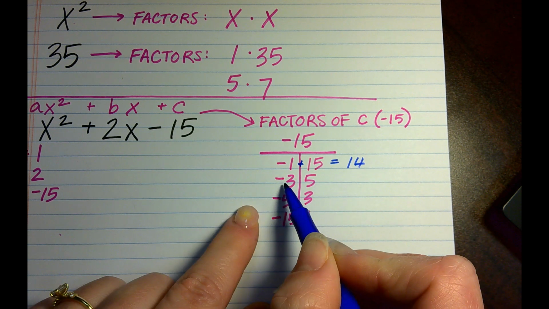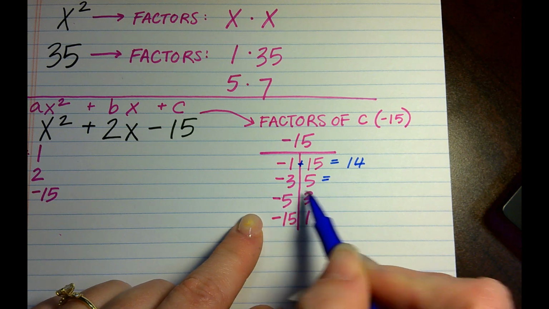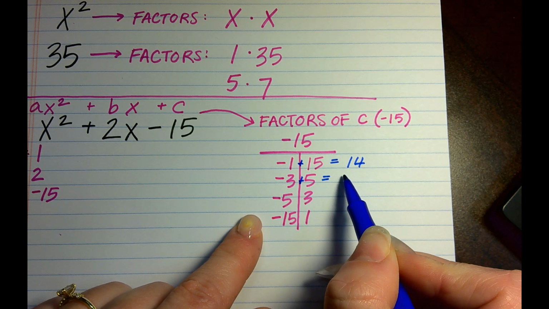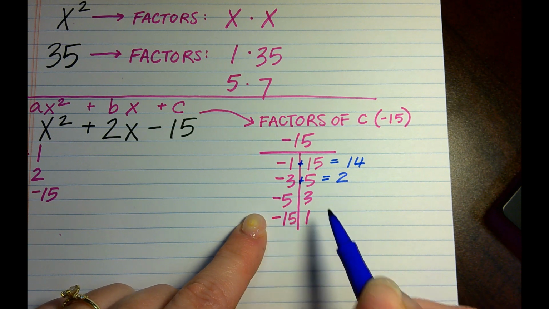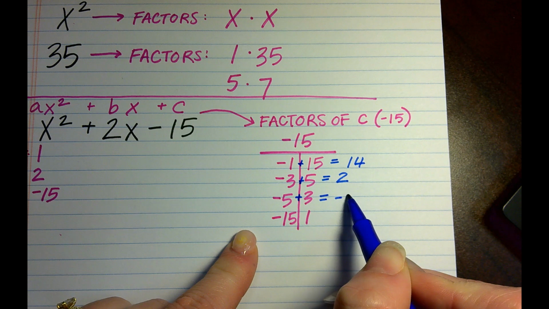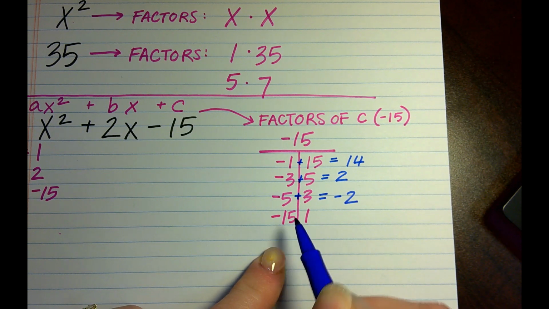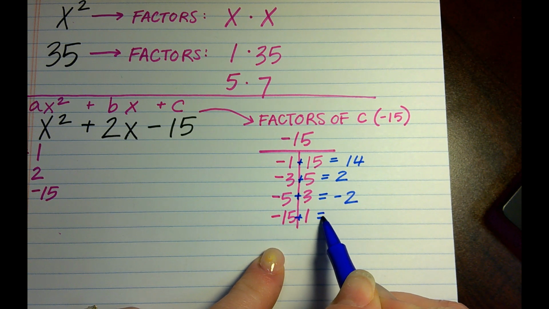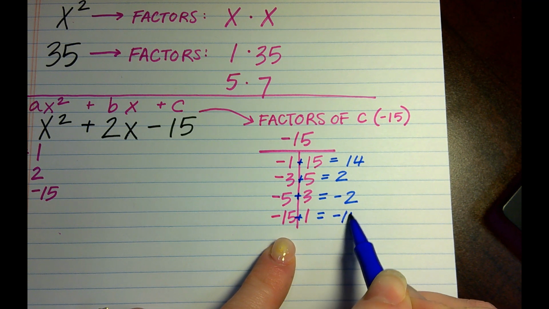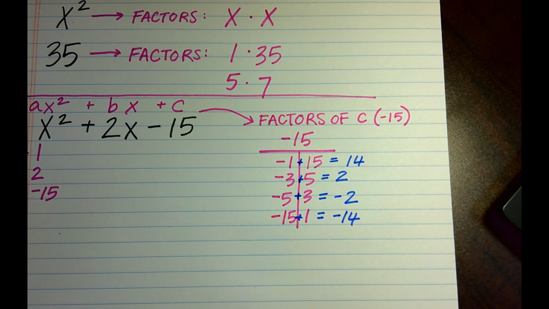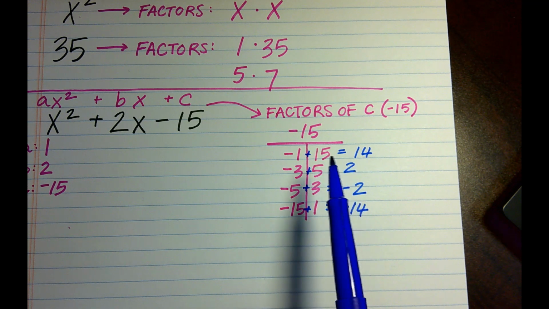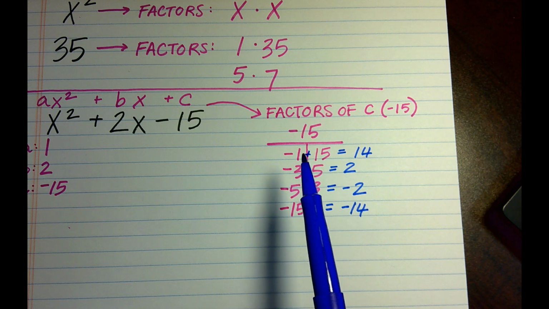14. What's negative 3 plus 5? 2. What's negative 5 plus 3? Negative 2. Negative 15 plus 1? Negative 14. Okay, so as you can see here with each pair of numbers, if I have a negative 1